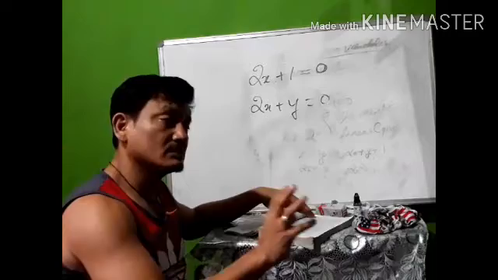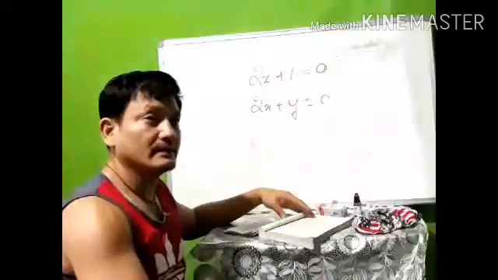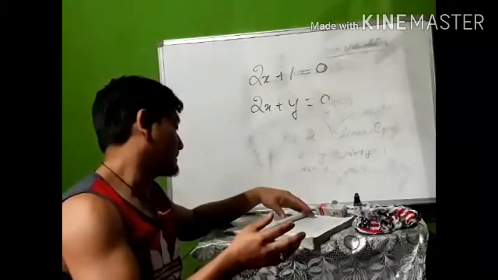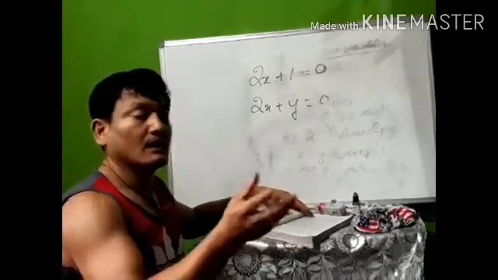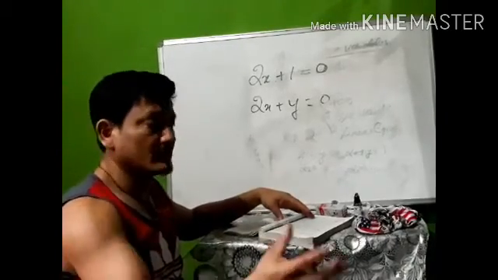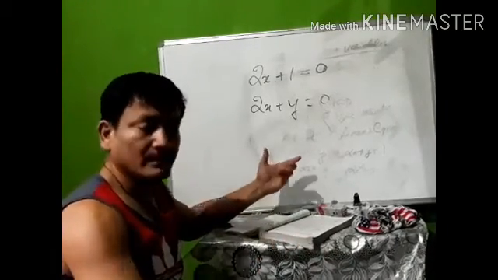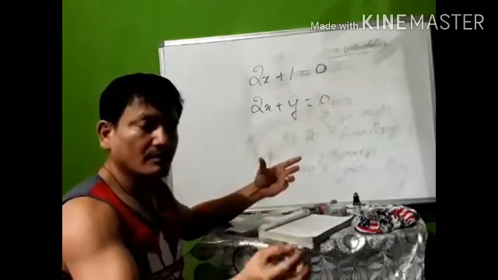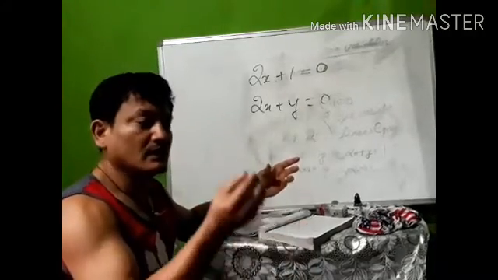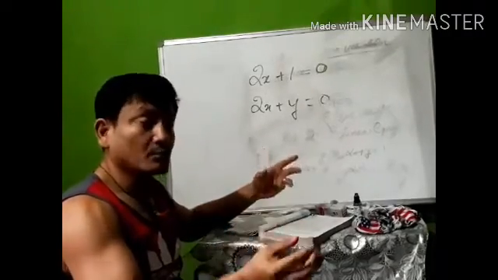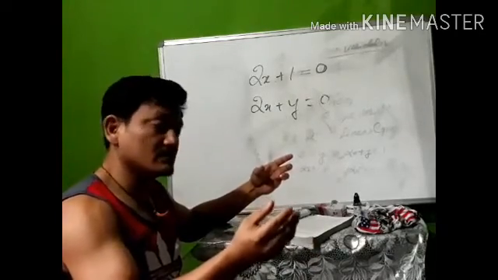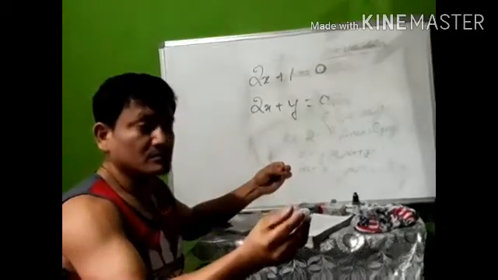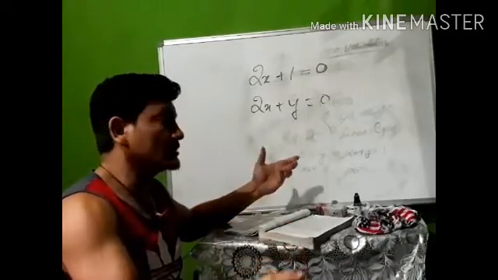So whatever it costs you to buy that pen, the cost of a pen is half the cost of the notebook. Normally when you go to the market, you buy a pen and you buy a notebook. The cost of a normal pen that you use as a student, and the cost of the notebook: when you compare them, the cost of the pen is always much less than the cost of the notebook.